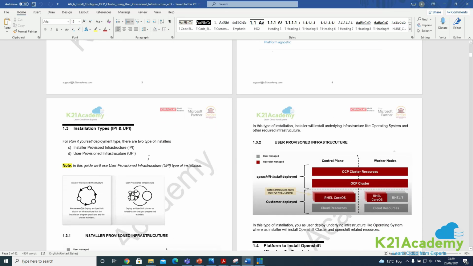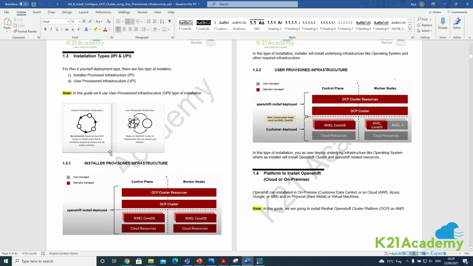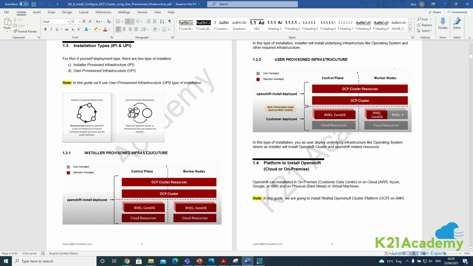Now, within that, you have installation type. One is IPI, which is installer provisioned infrastructure, where the installer is going to do everything for you. Or you can deploy user provisioned infrastructure, where you as a user will be installing the underlying things. I'll explain very briefly, but as I said, when we cover it in the theory session, we'll explain it a little bit better in the presentations, or you should have already watched that. So within installer provisioned infrastructure, what happens is that Red Hat is going to